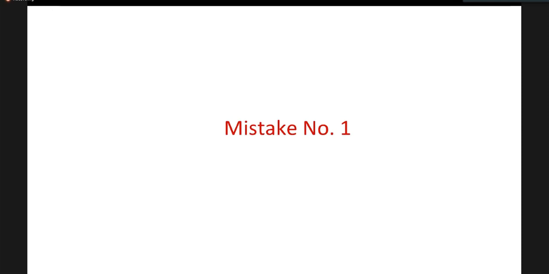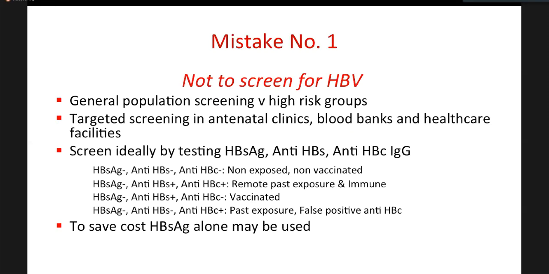So let's talk about mistake number 1. In my opinion, mistake number 1 is not to screen for hepatitis B, particularly living and working in Pakistan. You can argue that general population screening is probably not cost effective or possible because of lack of resources and lack of will. But at least high risk groups should be targeted, and you should have targeted screening in antenatal clinics, blood banks, and other healthcare facilities. Ideally, you should screen by testing for